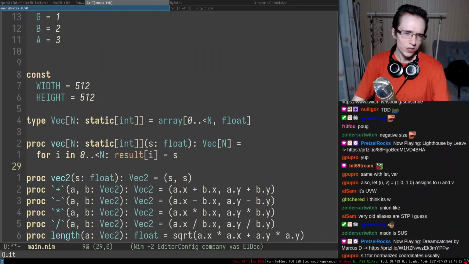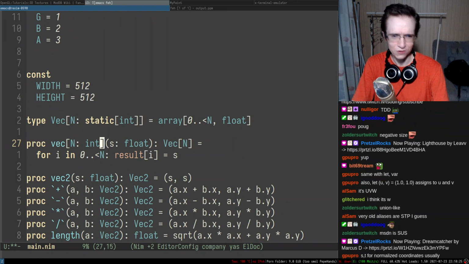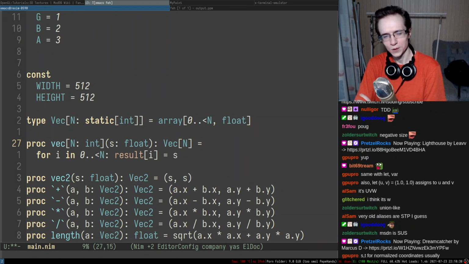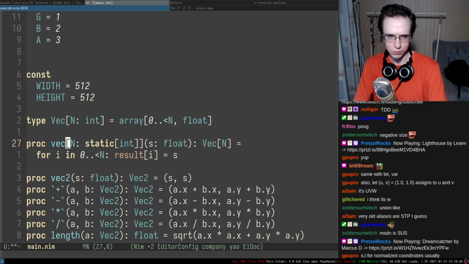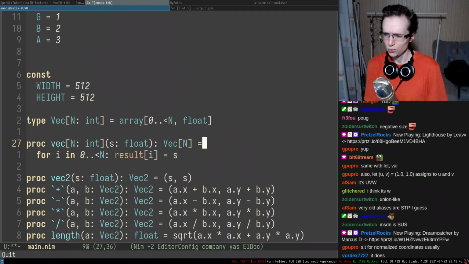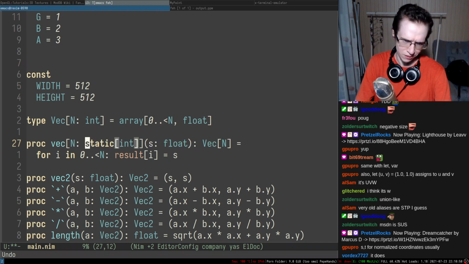So I wish it didn't have a static. I think static syntactically makes it kind of difficult to read. I wish it was something like just this. You know what I'm talking about? Because this static thing kind of makes it noisy. What do you guys think? It would be way better if it was just that and way more readable in my opinion. Right. So yeah, I do understand why static is needed, but it just makes it way noisier than it needs to be. But again, it's just a syntactical thing. It's like bikeshedding.